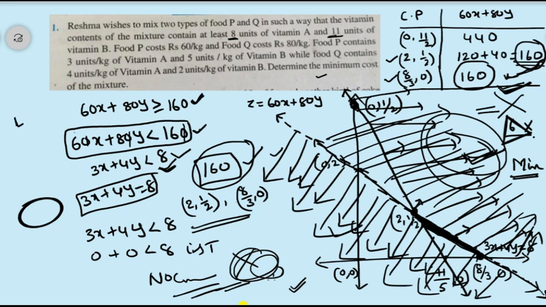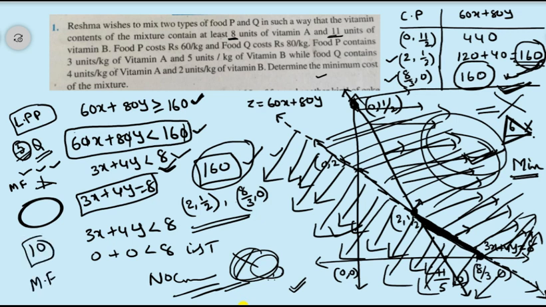So how to practice these linear programming problems? Select any 5 questions. Do each and every step: mathematical formulation, and solving by using a graph. So do this for 5 questions. Next, select 10 questions and write only the mathematical formulation. If you are able to write the mathematical formulation correctly, that is the way to practice this particular chapter of linear programming.